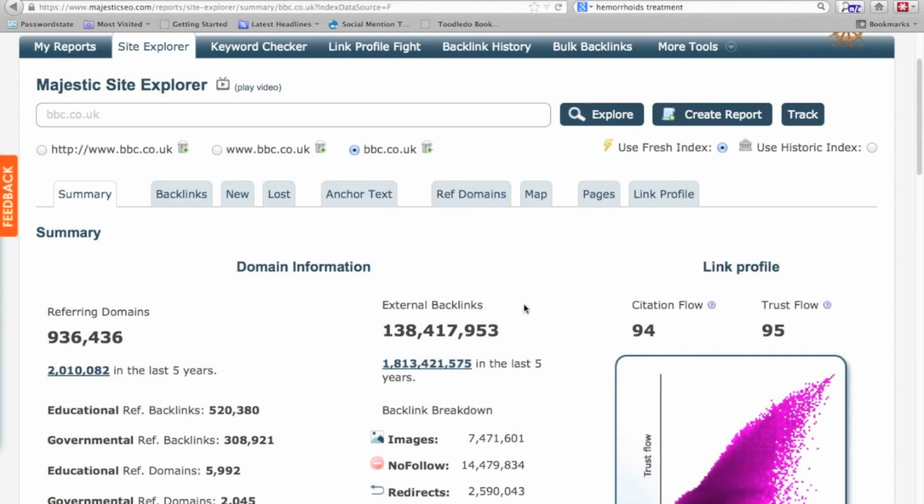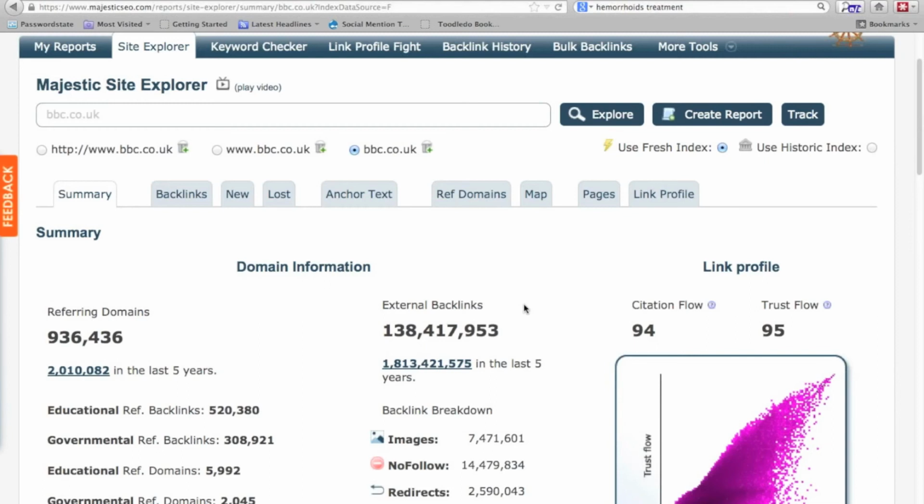That's not to say that these are all live links. The vast majority of links that were around 5 years ago are now gone, deleted, have passed their best, have passed their prime. So it's useful to see when they arrive, but this data doesn't necessarily show you when they all got killed. However, when you're doing a Penguin analysis and you're really looking for the dross links, then it